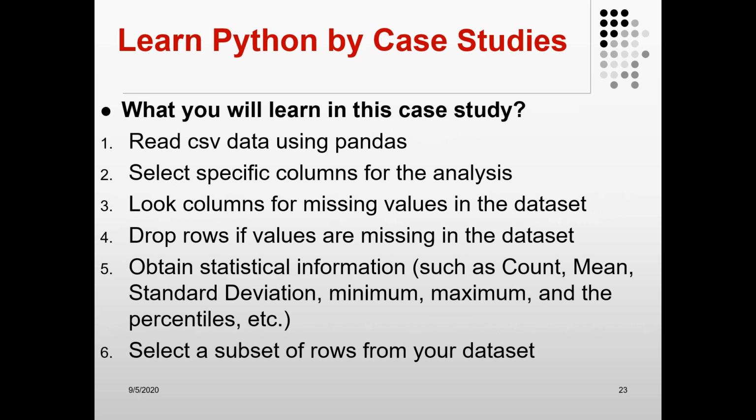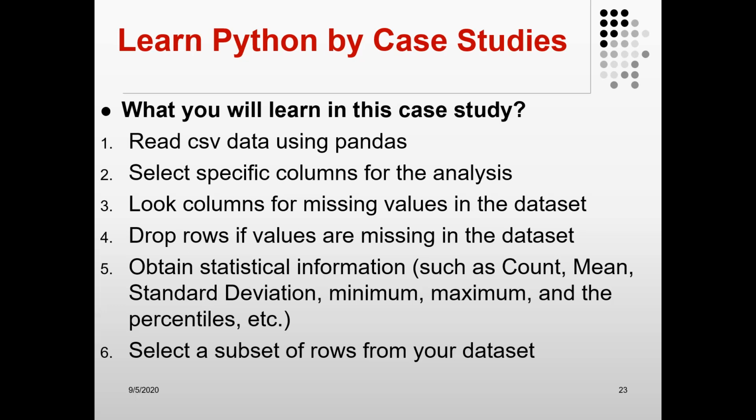In this case study, you will learn how to read the CSV data using the Pandas library. You'll also learn how to select specific columns for the analysis, because sometimes you have data and you want to select some specific columns.